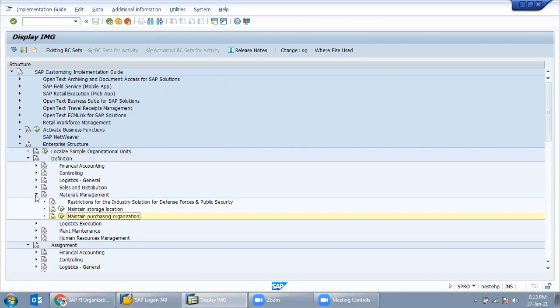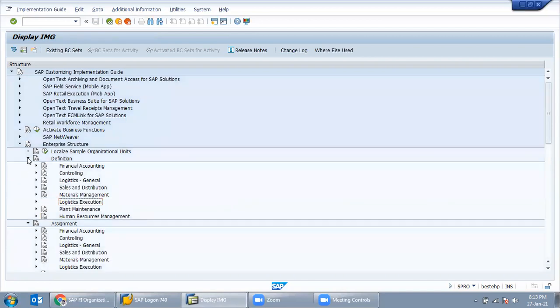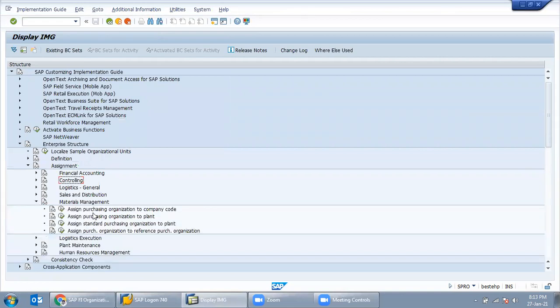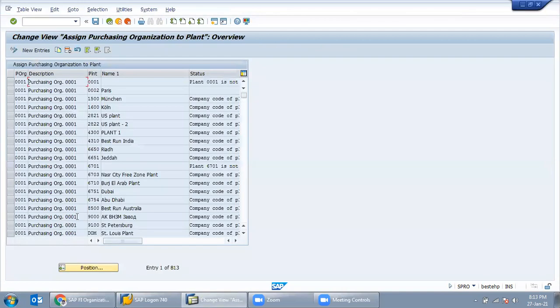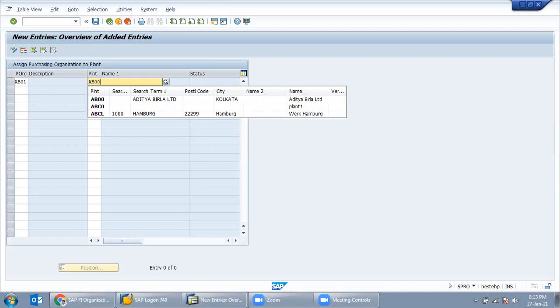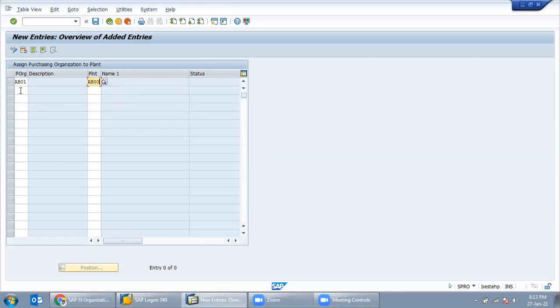Now all these should be assigned. Do the assignment in material management. Assign purchase organization to plant. Just execute the second one. Go to new entries. AB01 is our purchasing organization 1 and plant AB00, that is our plant.